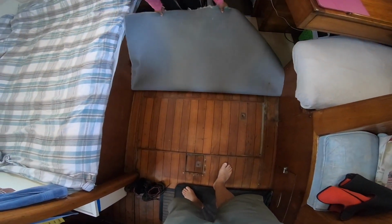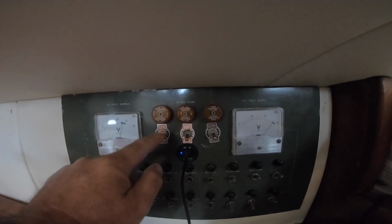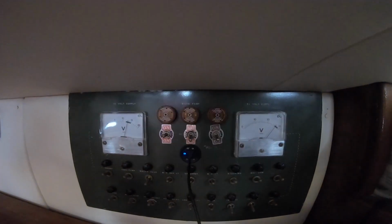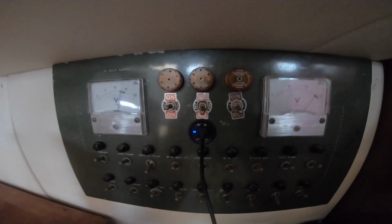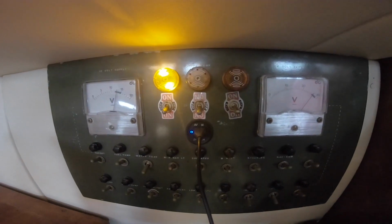So our bilge pump is under this little lot. There? Yeah. So basically we have 3 bilge sections. So you notice this one is currently in the off position. That was on auto. That is on auto, as if by magic. Who'd have thought? So that was it kicking off. That was not a practice. We were sinking. So this one here, if I turn it to the auto position, it stays on,